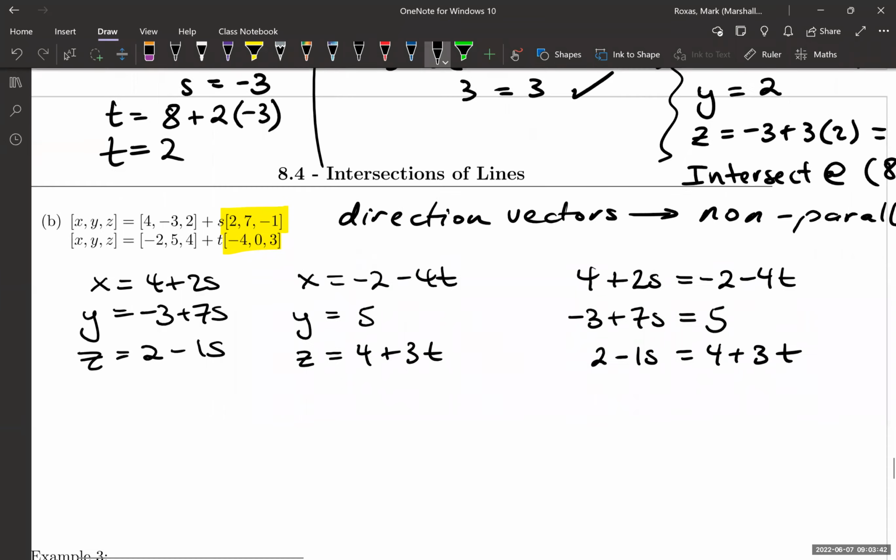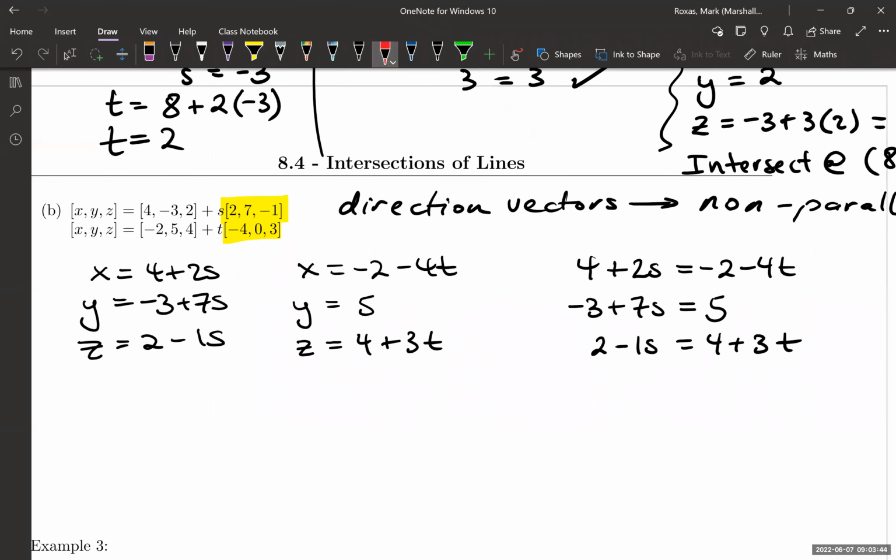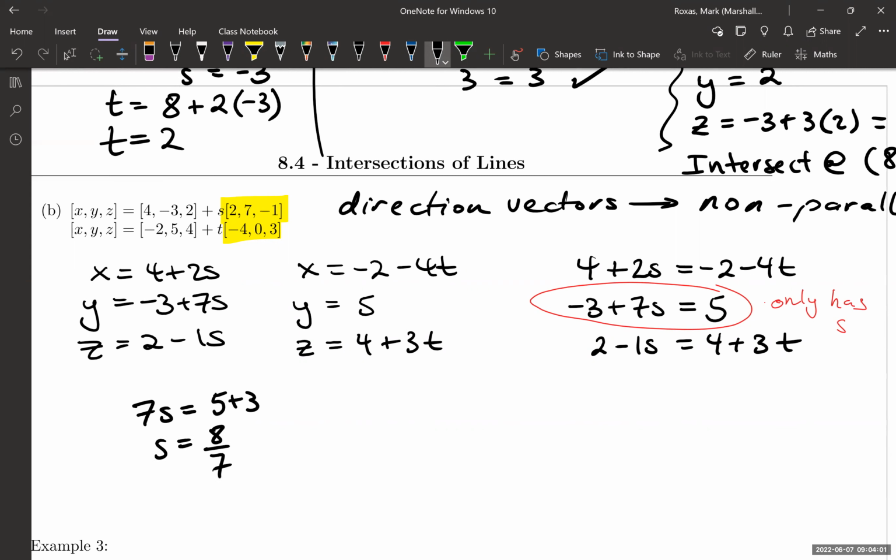Okay, solving for s. So this equation here only has s, so isolate for s. So 7s equals 5 plus 3, which is 8. And so s is equal to 8 over 7. And from there, I can substitute that into one of the other equations to solve for t. So if I take this and substitute it into the first equation, 4 plus 2 times 8 over 7